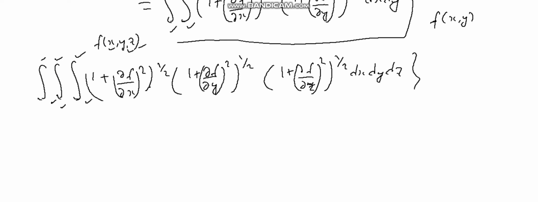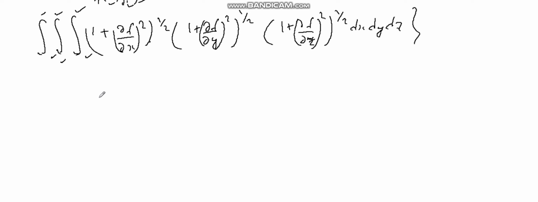We can also extend this formula for the n-dimensional space, right? The volume of n-dimensional, let's say n volume, for n equal to 1 it is going to be length, for 2 it is going to be surface, for 3 it is going to be volume, right? It may look like something like this, right? So let's say there is a